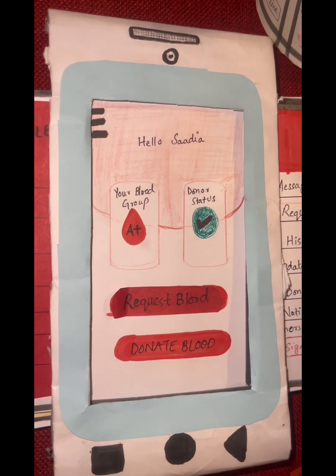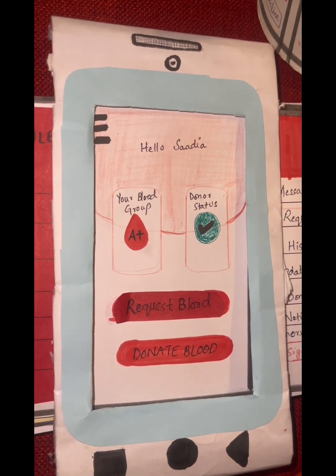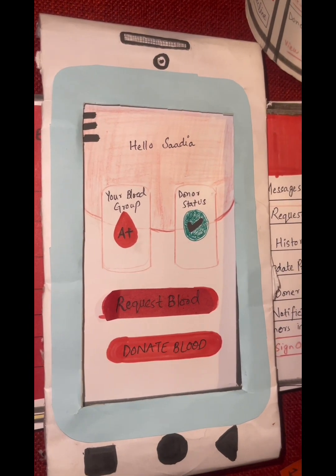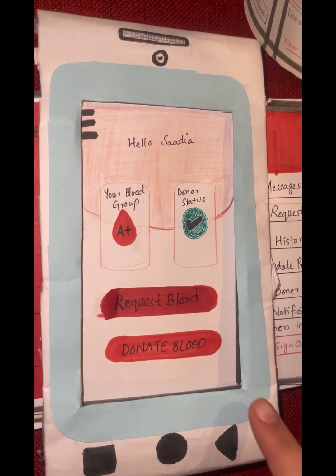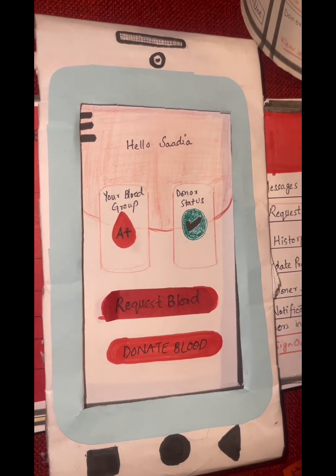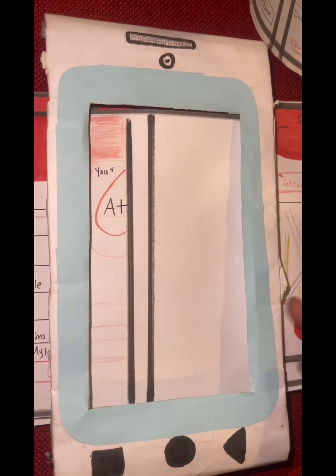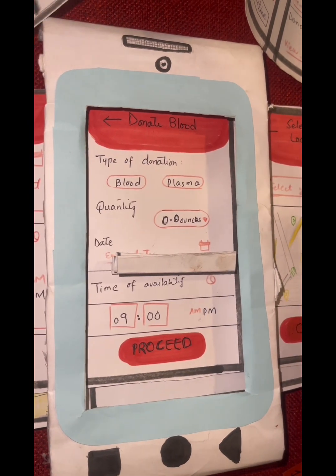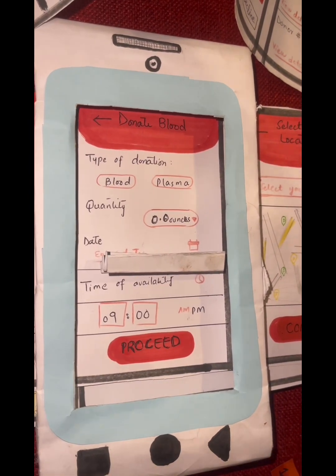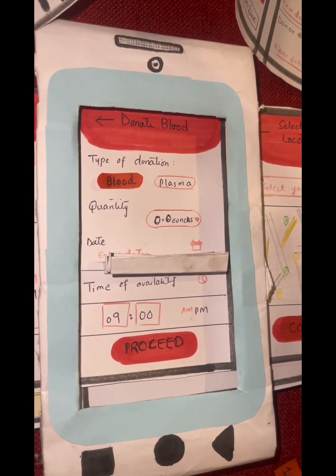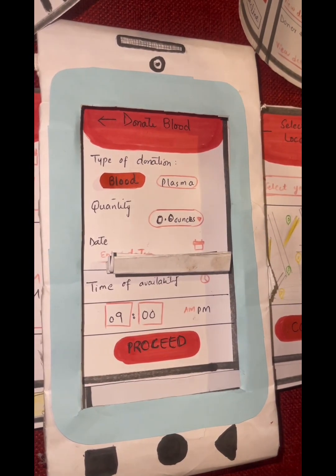And the sixth goal of our application is to put up the donation or to donate blood. For that, on the main page, we'll be clicking upon the donate blood. After that, we would get a credential area where we have to fill our data. For that, we will be selecting the type of donation and the quantity that we want to